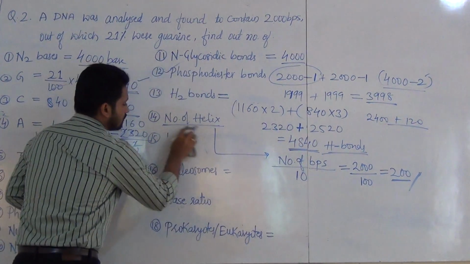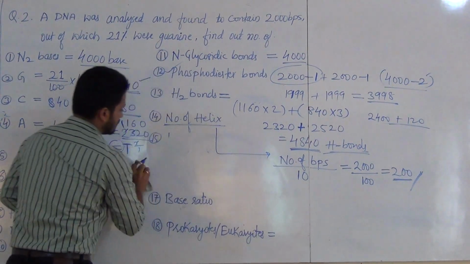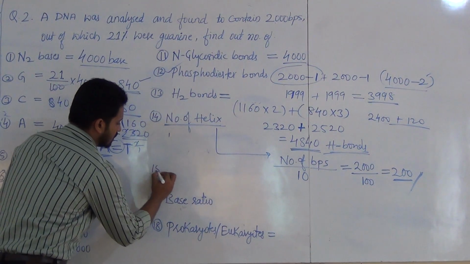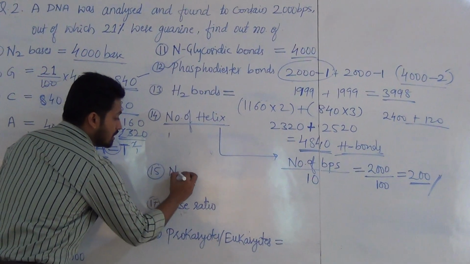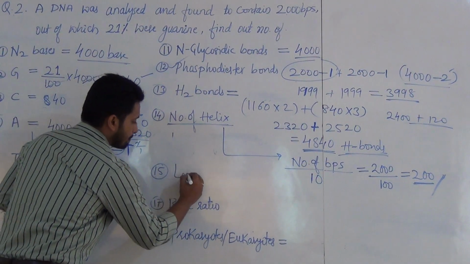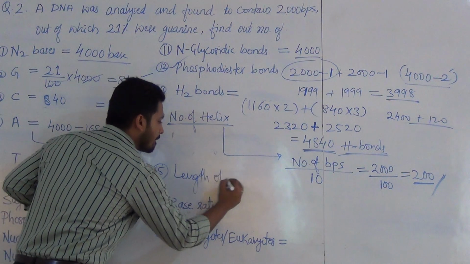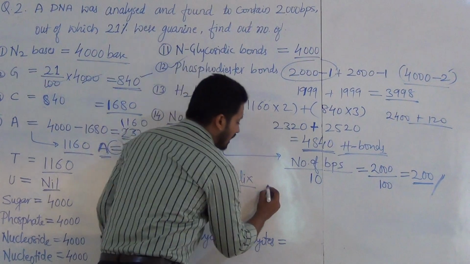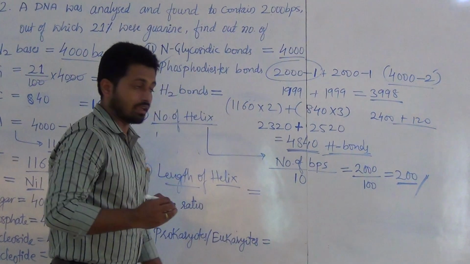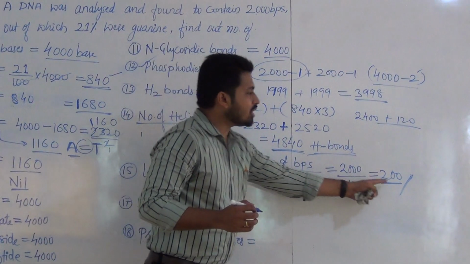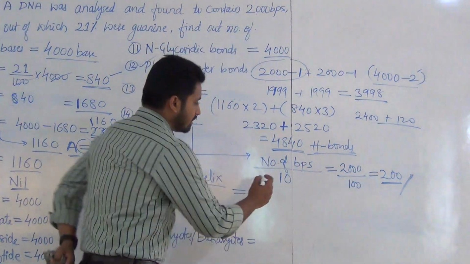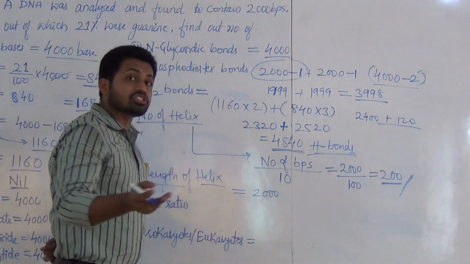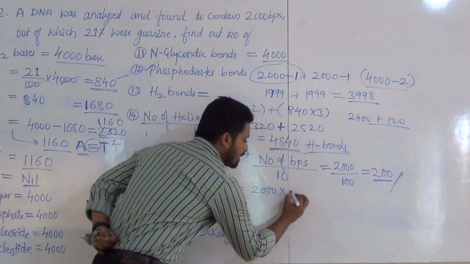Okay, we will write here. 14th question this one. We will write. That is 15th here. That is length of helix. Now how can we calculate this one? Okay, total number of helix, how many are there? First write down how many base pairs are there. 2000 base pairs. Distance between each base pair into